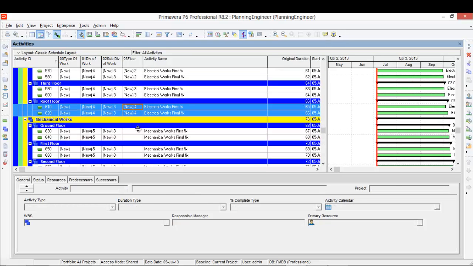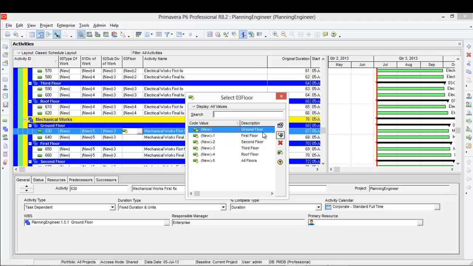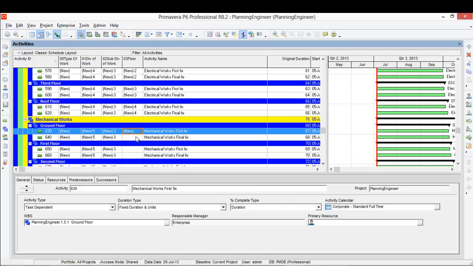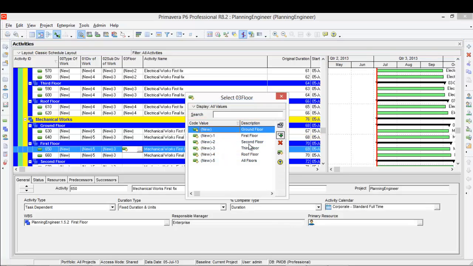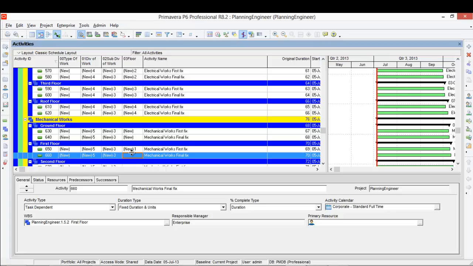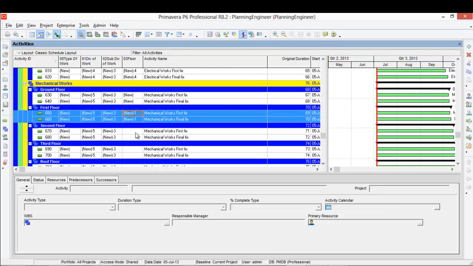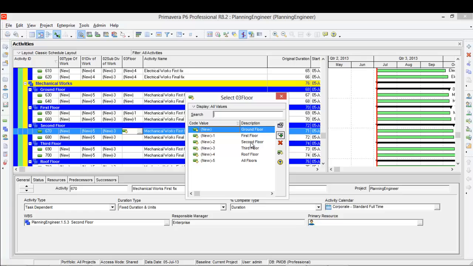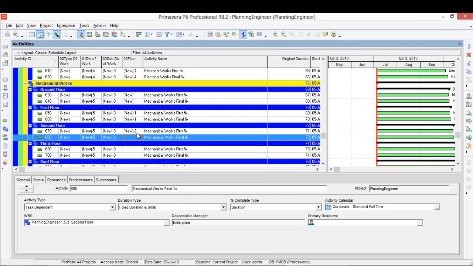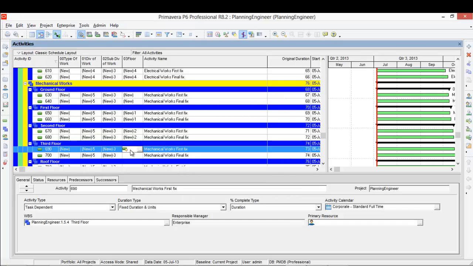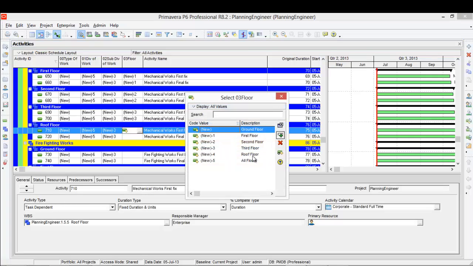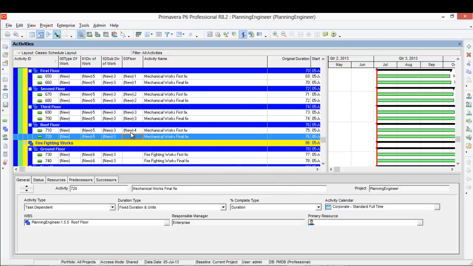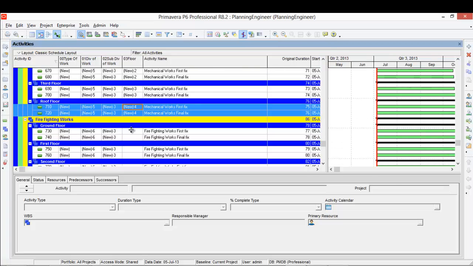We'll go to mechanical works. This is ground, this is first, this is second, this is third, and this is roof.